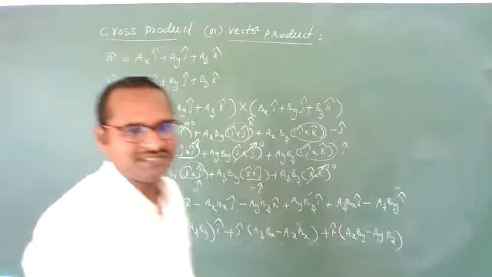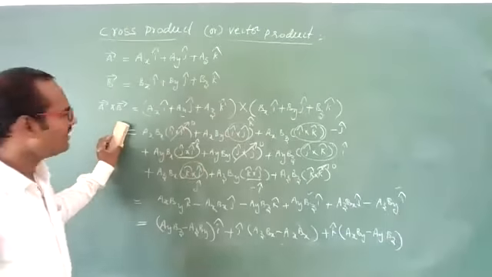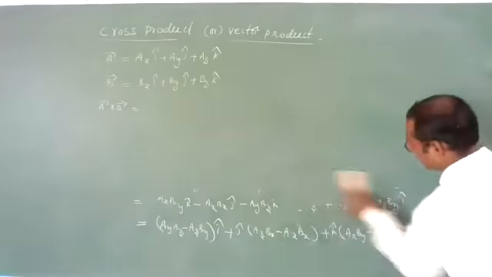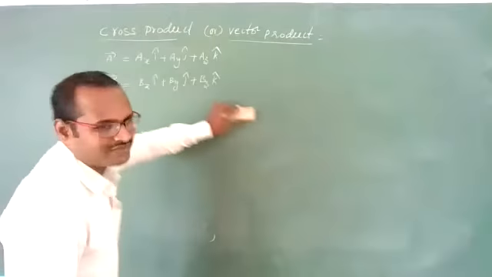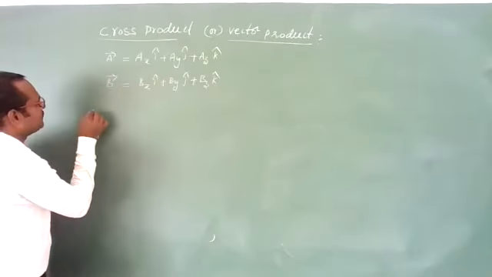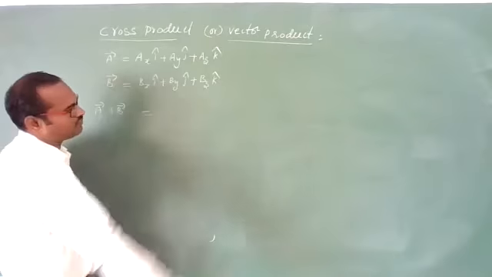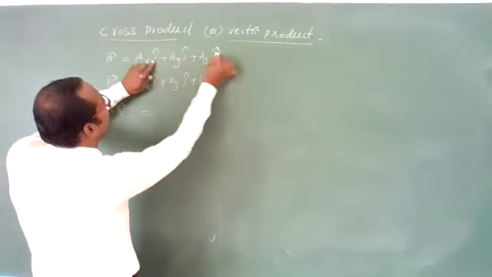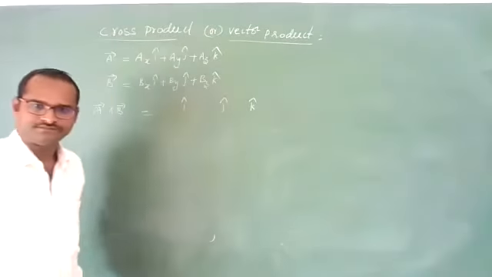So actually this is a lengthy method. We can't use it every time. So that's why there is one shortcut method, the modulus method, and I will explain with that. So it will be very easy for you. Okay, students, whenever two vectors are given to us, A bar and B bar, and we want to find A cross B, first and foremost, write I, J, K.